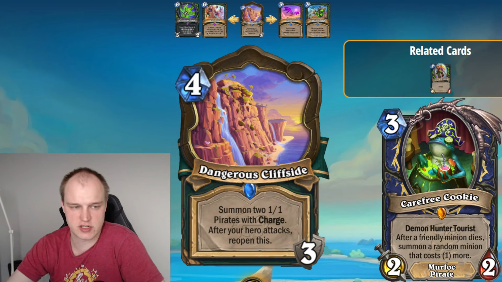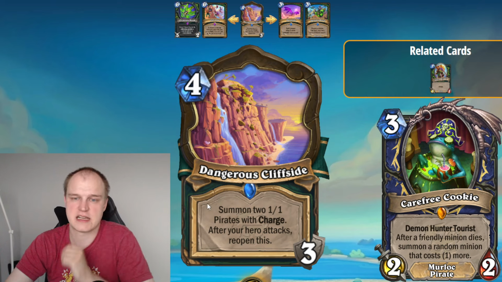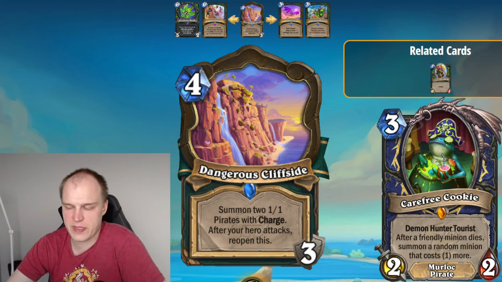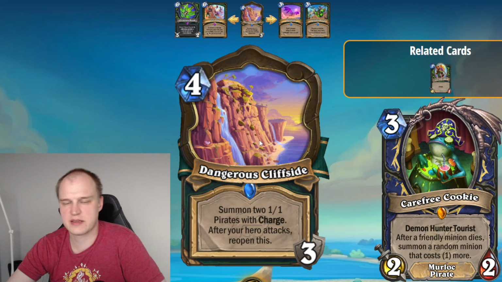There's a lot of charge cards being printed in Demonhunter. I don't see this being a Shaman card at all. It has some really nice synergy with the cookie again. And I guess Shaman does have weapons, right? Shaman has a lot of weapons. So this could actually just be fine in Shaman as well. But I think this is more...